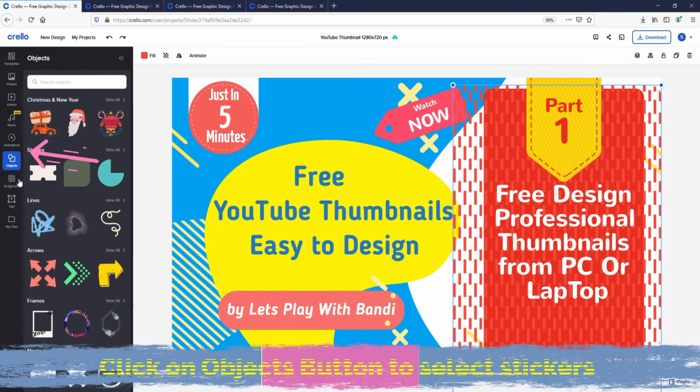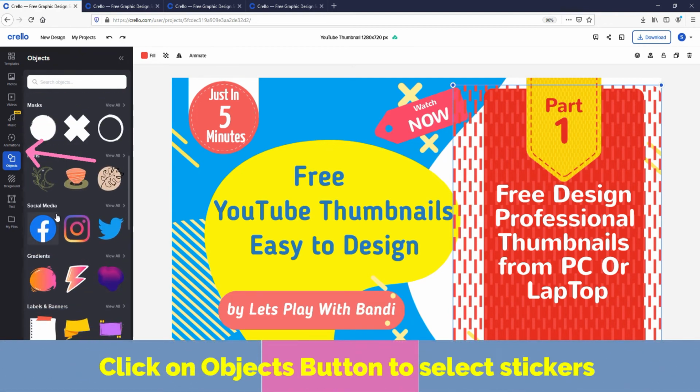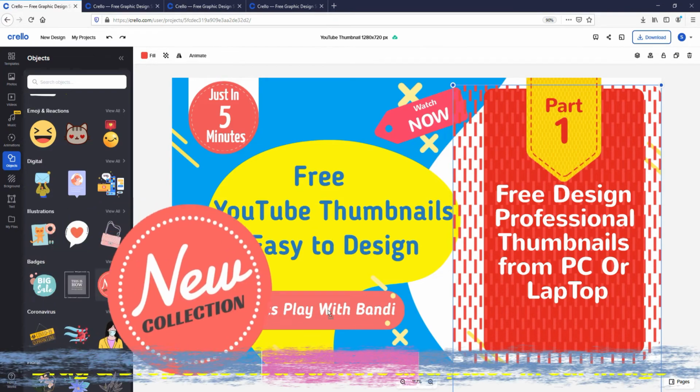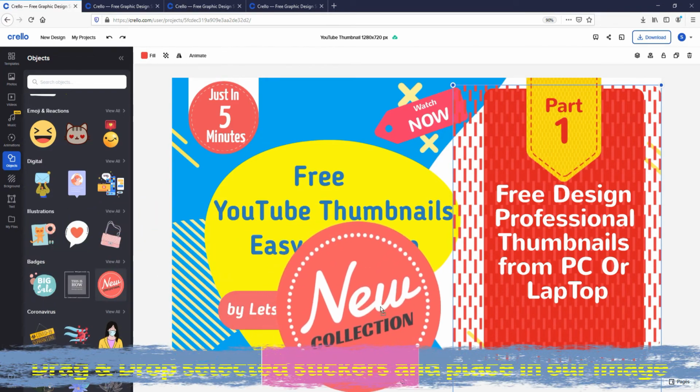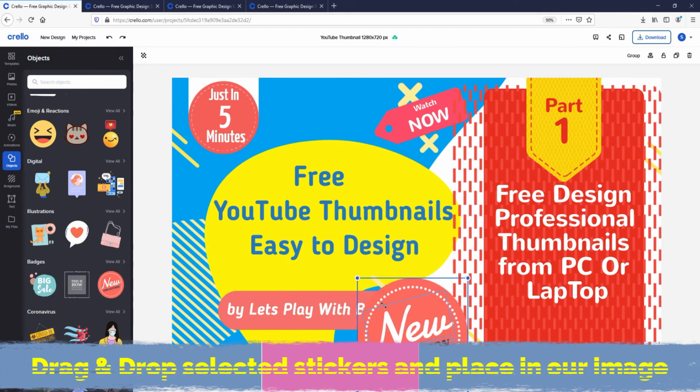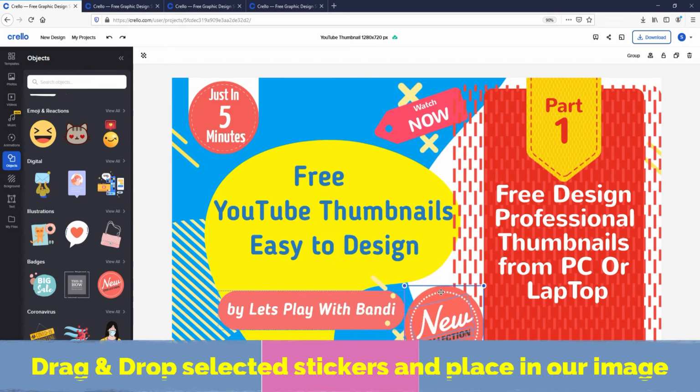If you want to choose objects or stickers, go to the objects tab. You can drag and drop some stickers. Okay, I am using a new collection of stickers from the object section. You can drag and drop stickers from the objects. I am adding one more sticker or one more object.